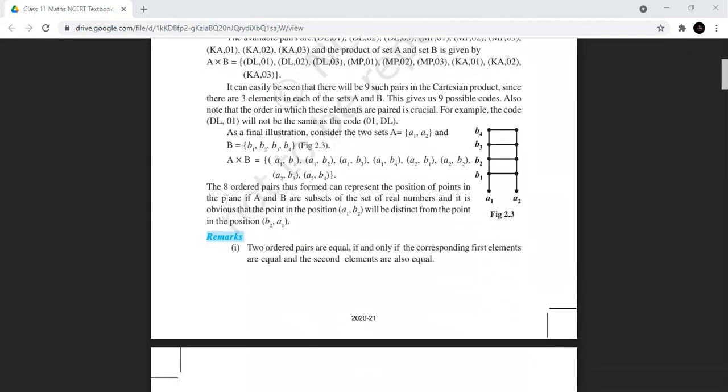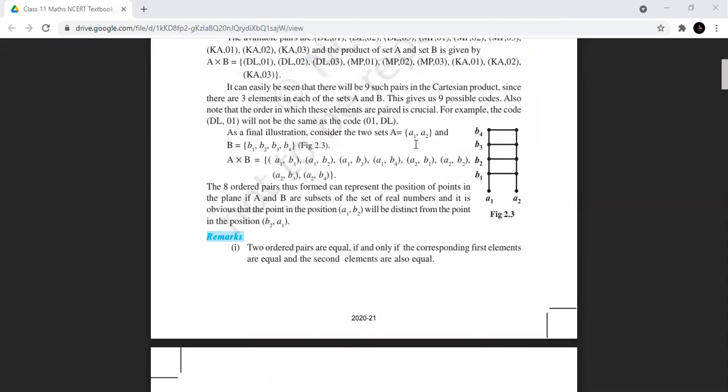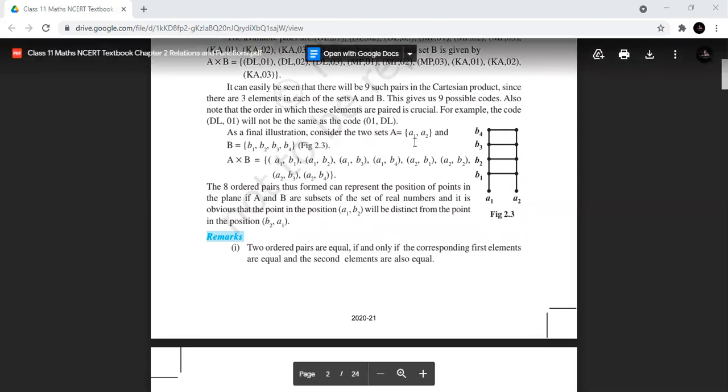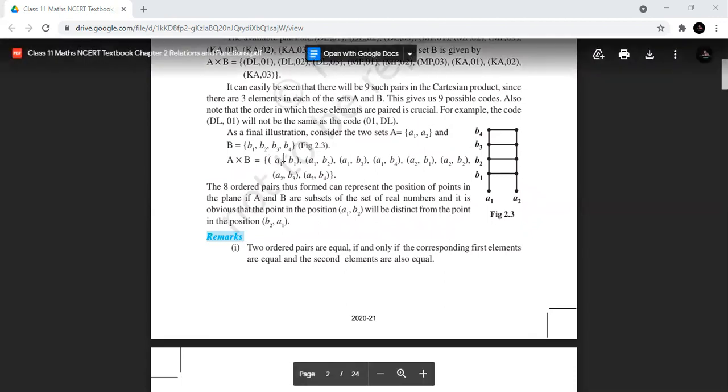Okay, so for more, some examples. From this example, I hope it will be more clear. A set A is given to you having entries A1, A2, two entries, and another set B is given to you having entries B1, B2, B3, B4. If we are looking for the Cartesian product A cross B, what we are going to do is pick up the first entry from set A, that is A1, and pair it up with all the entries of set B, that is B1, B2, B3, B4. So the first ordered pair will come out as (A1, B1), then (A1, B2), then (A1, B3), then (A1, B4), right?